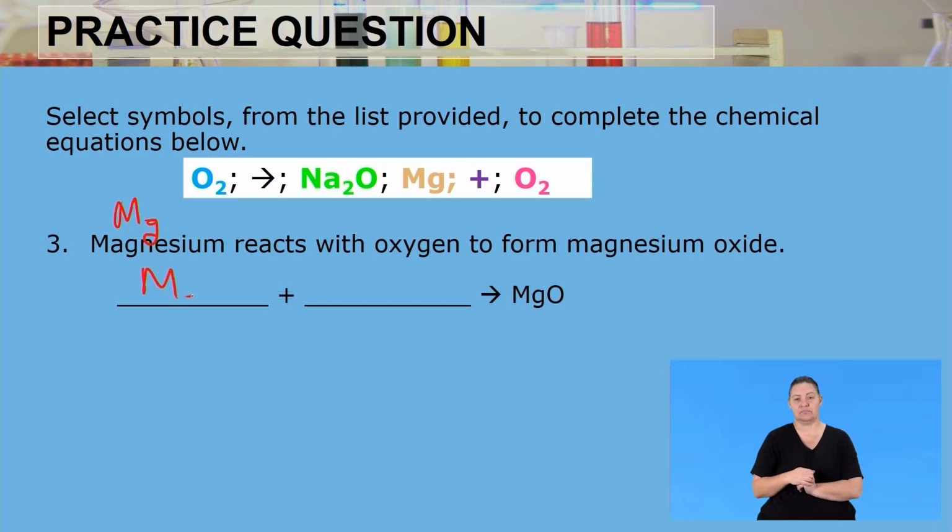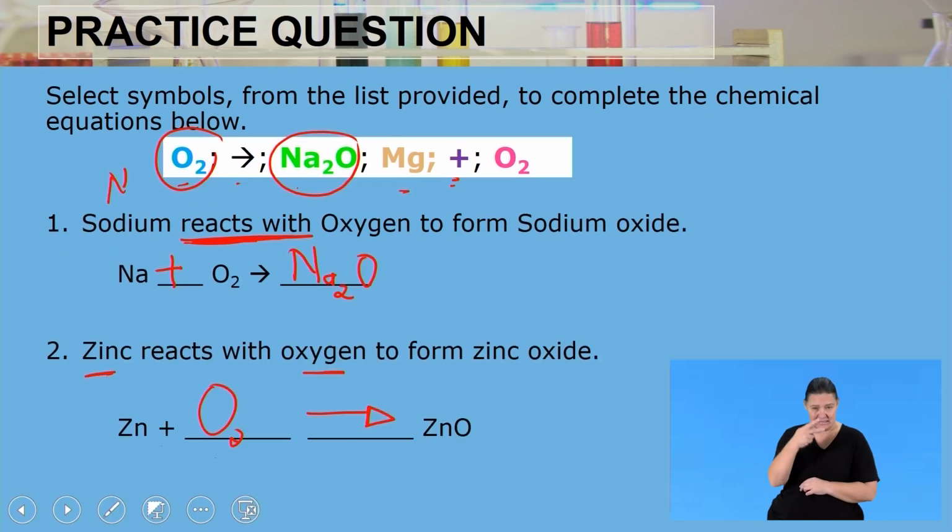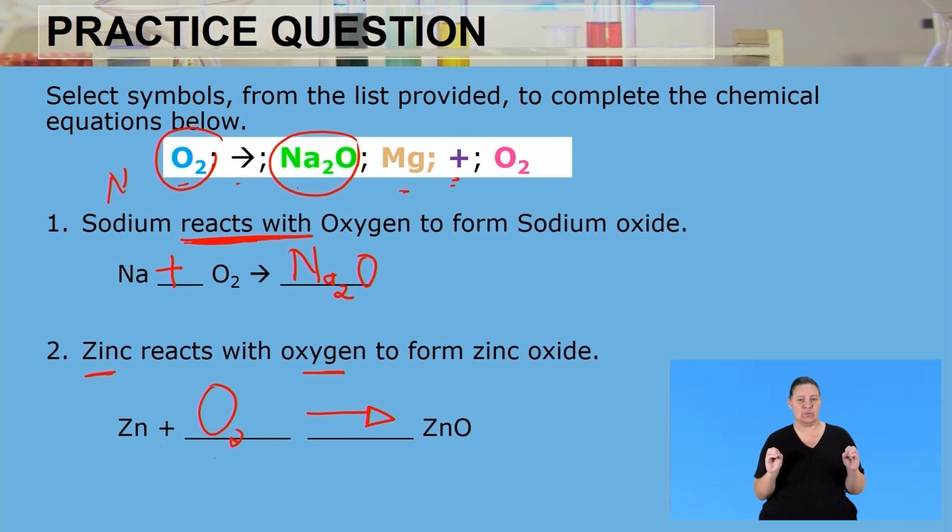So it's going to be Mg plus oxygen. Remember, oxygen is a diatomic molecule, it has a subscript of 2, reacting to form MgO. You will notice that this reaction and these 2 reactions are not balanced. You notice that the number of atoms on the left-hand side is not equal to the number of atoms on the right-hand side. We are still going to deal with the balancing of